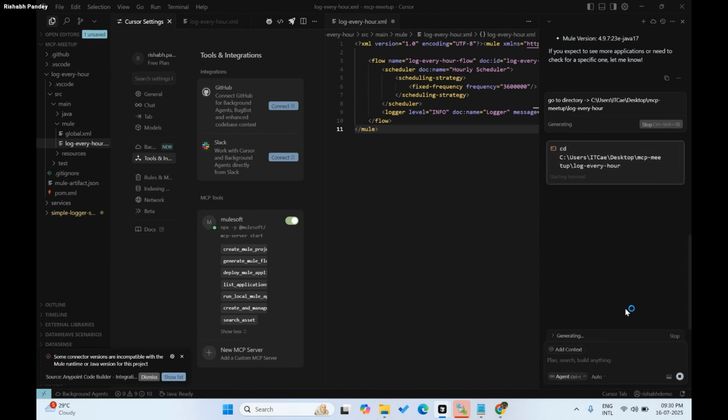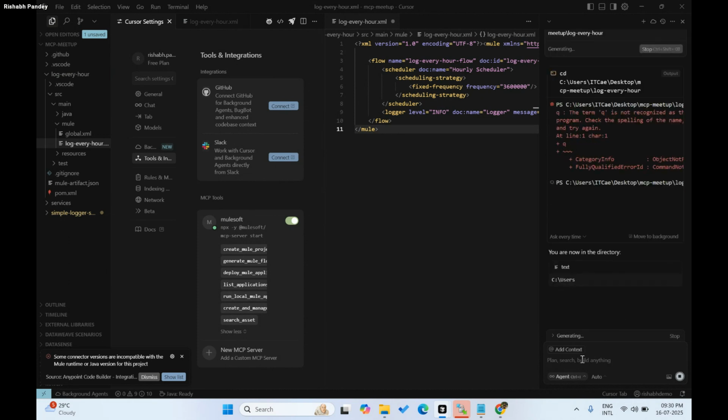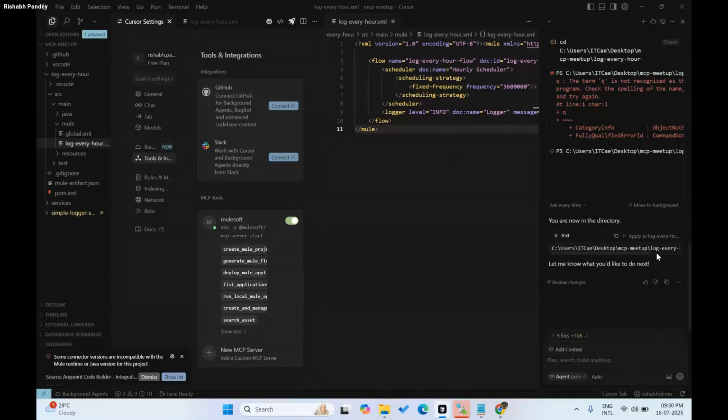And then hit run, and then we will be inside our log every hour project. Moving next, okay, now we are in the directory log every hour. So now I'll give the command to deploy this application